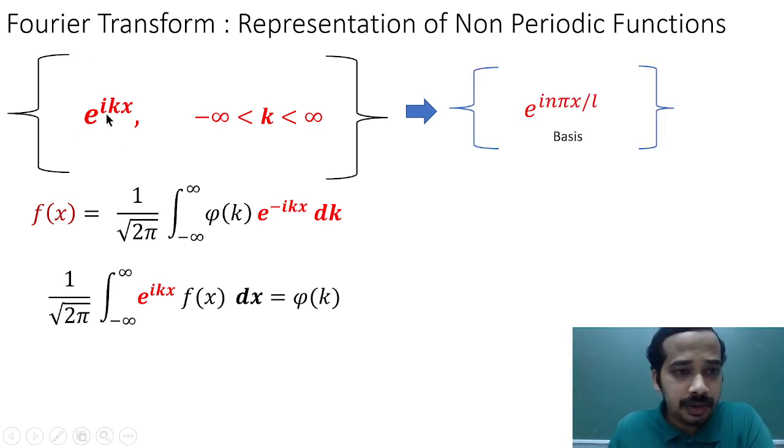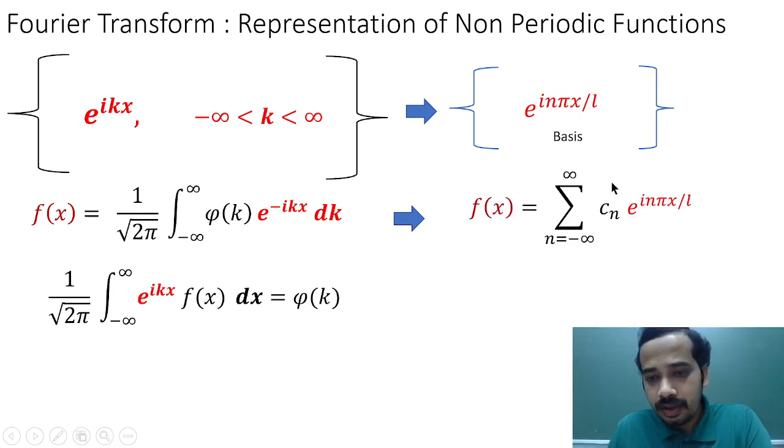Okay, this is a basis here. In the case of complex Fourier expansion, this is a basis actually. Now again, any general function we have written in terms of a combination of these. Here it is an integral, whereas in the case of complex Fourier expansion it was a summation actually. Again, here we have taken minus L to plus L, but here we have taken the range minus infinity to plus infinity. Here f of x, where x can vary from minus infinity to plus infinity.